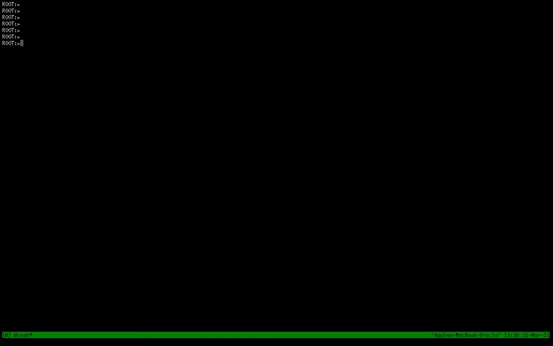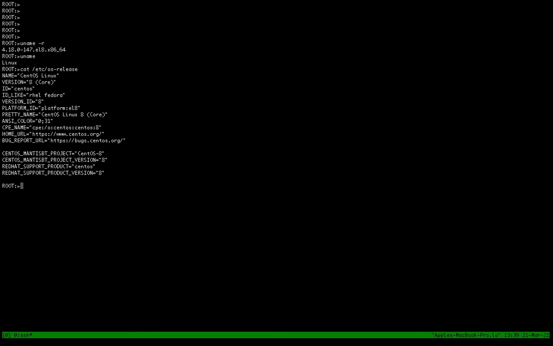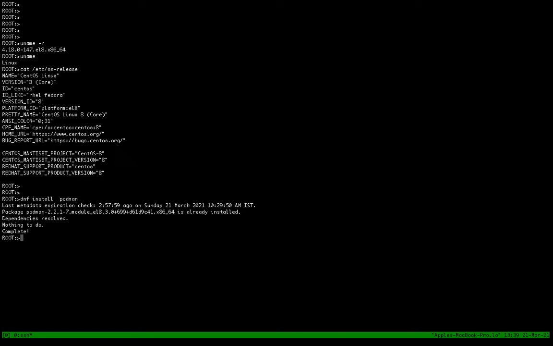So let's do it. This is my Linux machine, kernel 4.18. It is CentOS for sure. If you have any other system, like Ubuntu or OpenSUSE, you can do it there too. Over here we can install it with DNF. On OpenSUSE you can install it using zypper. So you have Podman, and now I'm going to create another user